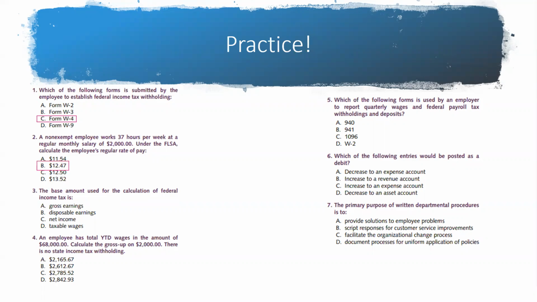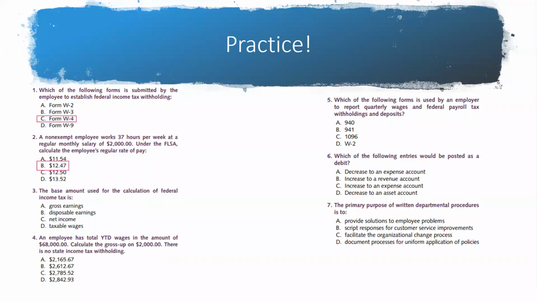Very good. Correct. So the employee works 37 hours per week instead of what we think of as a normal 40-hour work week. So yes, you had to figure out the hours that $2,000 is spread across. So very, very good. So why didn't you take the 2,000 monthly salary up to an annual salary and then divide by the